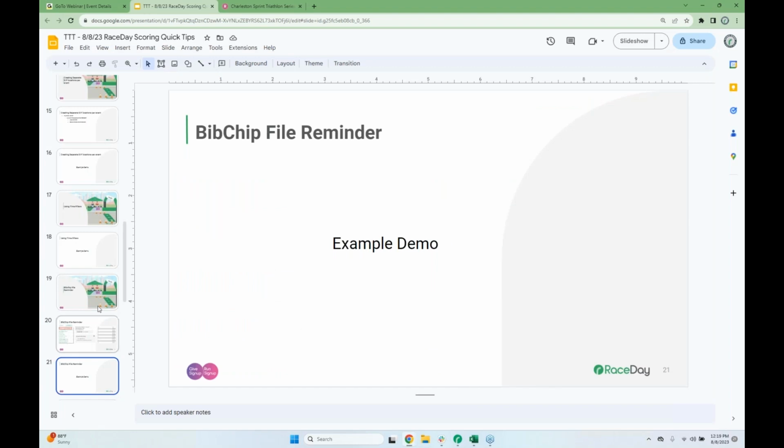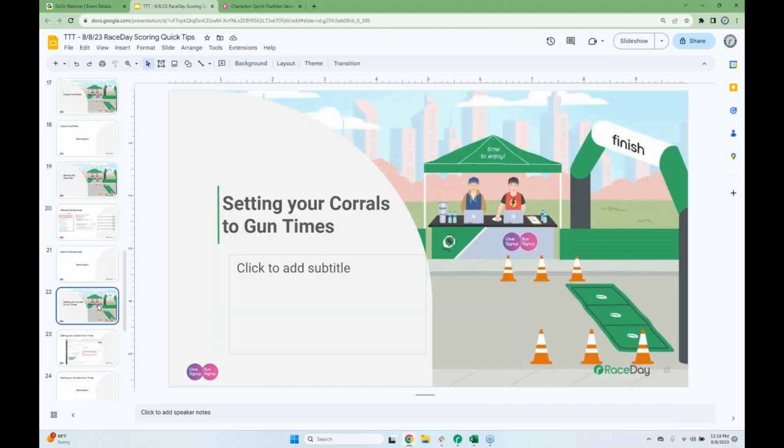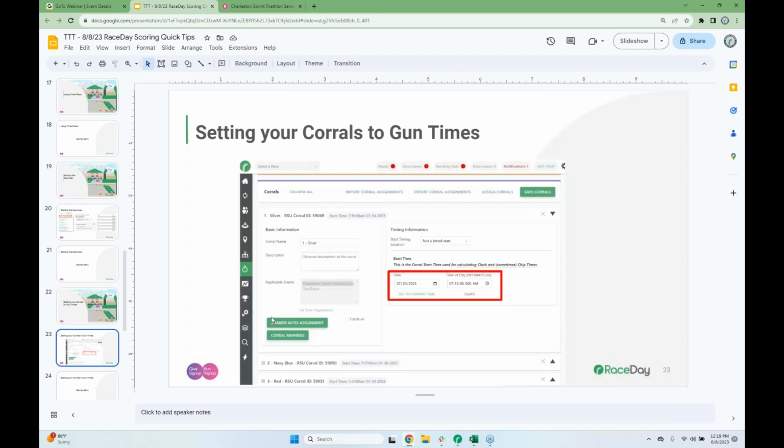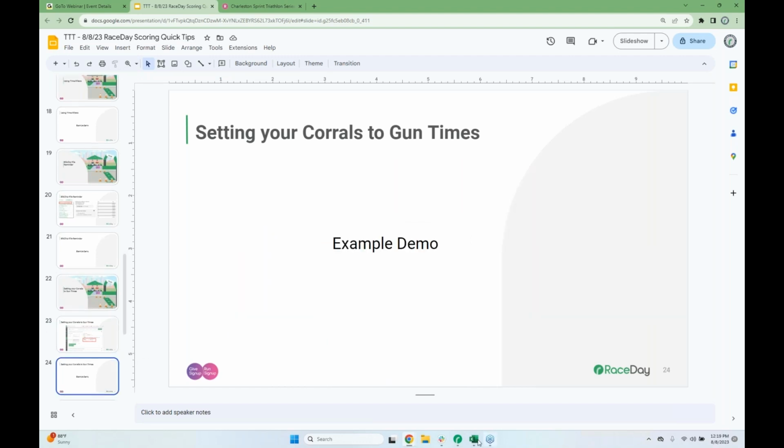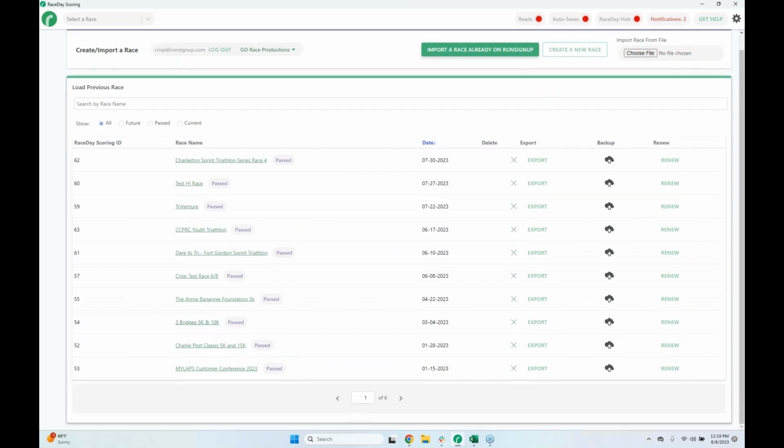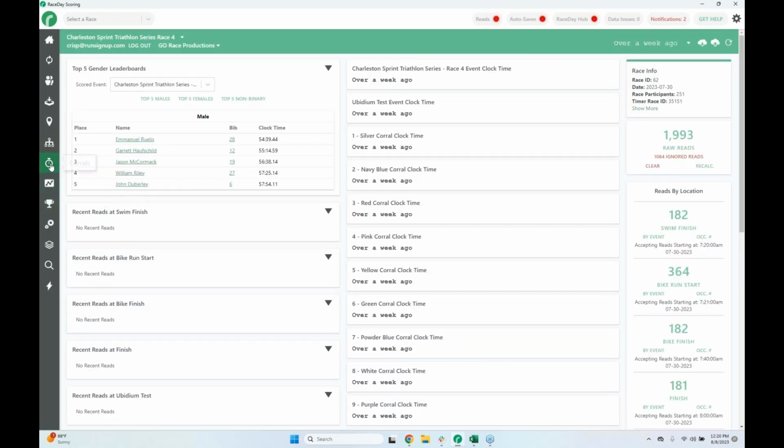All right, so bib chip files, a lot of you are using them, especially those using multisport. Setting your corrals to gun times. Now, this is something that if you're using corrals, and this is like a wave start for triathlons or larger corrals for marathons, you can create your corrals within RunSignup, and those will pull down. But just as a reminder, you still have to go into corrals and actually set your corral time for each one of these. And so this will go into this event, and we'll go to corrals,